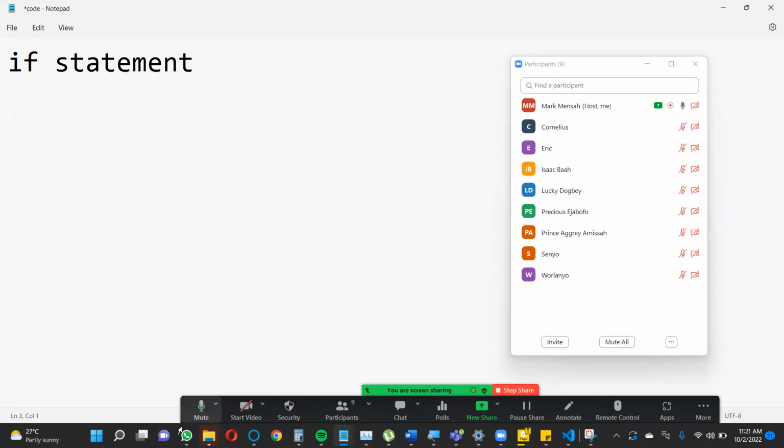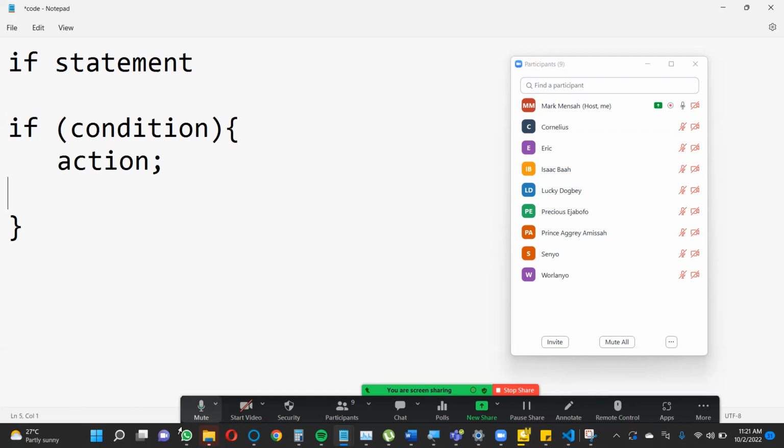So if I want to write an if statement, then I need the if keyword, and I need a bracket, and in the bracket, I'll put in my condition. And then in the body of the if statement, I can write whatever action I need to perform. What does this mean? Say I want to write a program which identifies